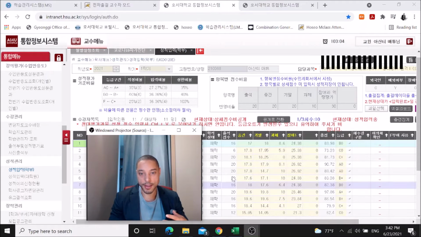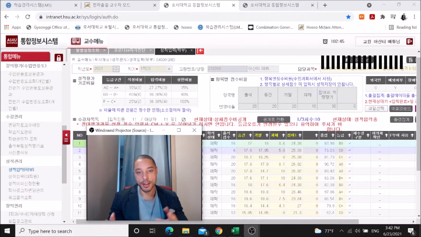These are the attendance score points. Then this is the midterm, this is the final, this is your homework, which is the online calculation, and this is your class participation plus your project. Your projects were 10 points, your class participations were 20. This is put together, and then here are the final scores.